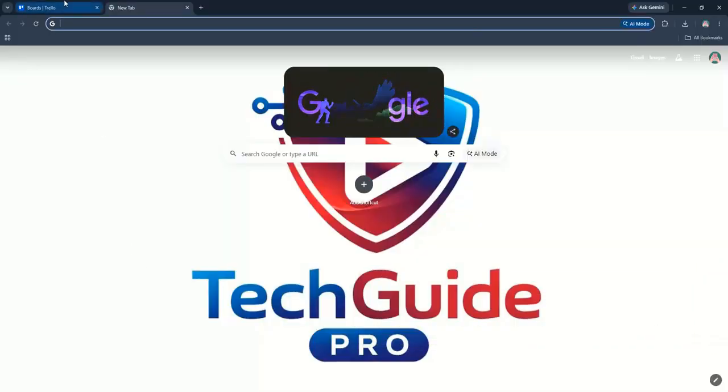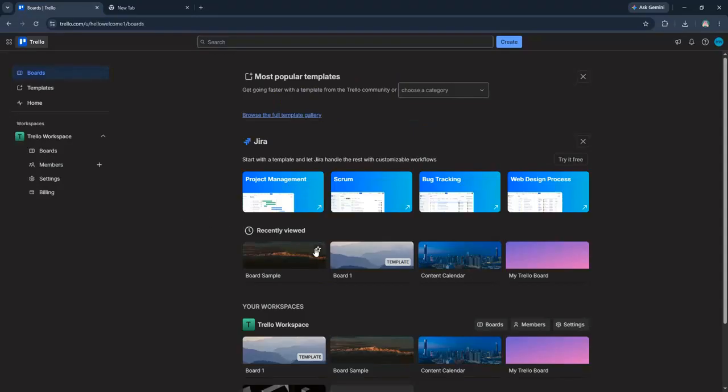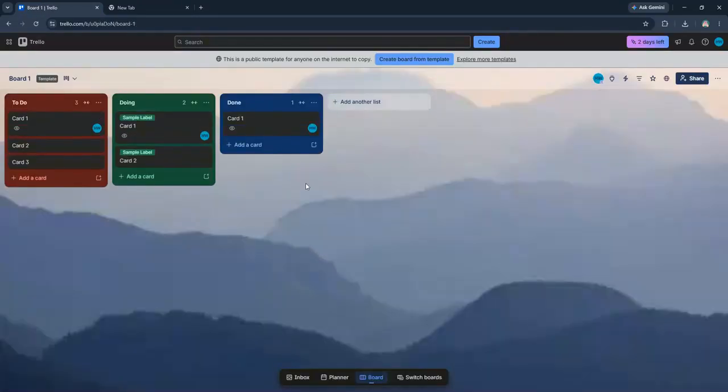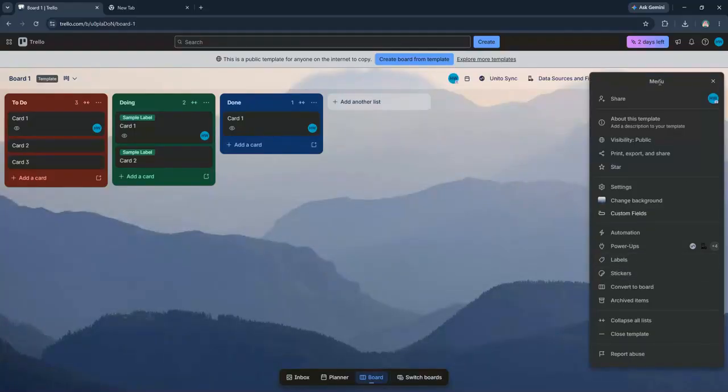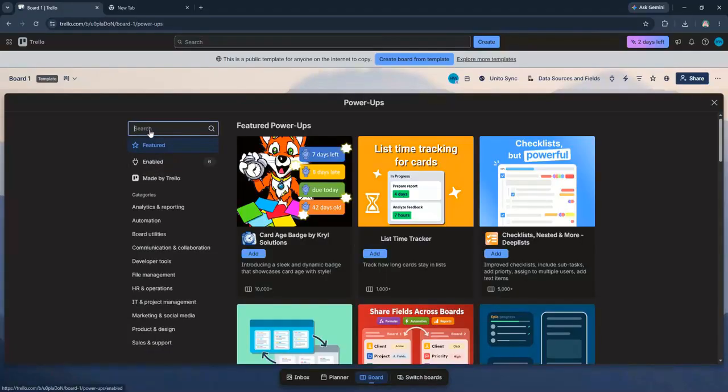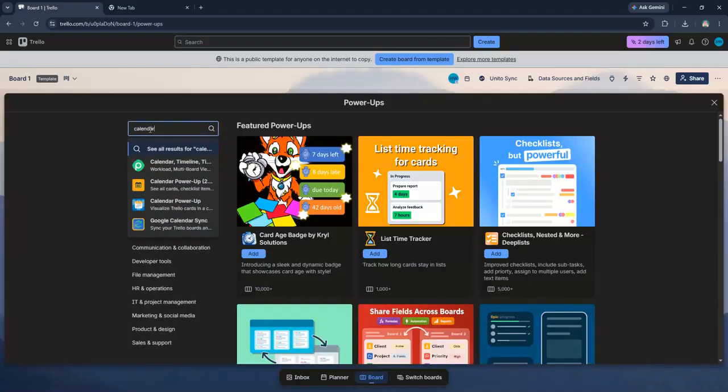First, open Trello on your desktop and navigate to the board where you want to add the calendar. You need to make sure you have the Power-Ups feature enabled on your board. To do this, click on the Show menu button on the right side of the board, then select Power-Ups from the menu. In the Power-Ups directory, use the search bar to find Calendar and click on Add to enable it